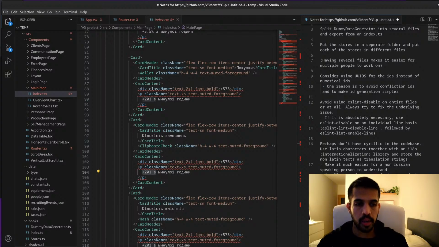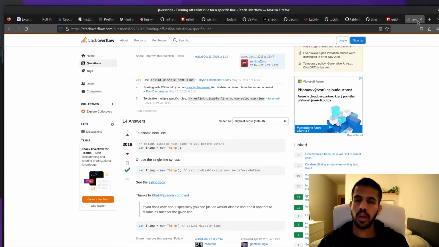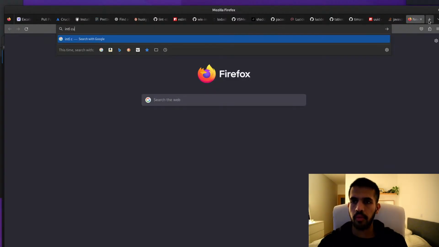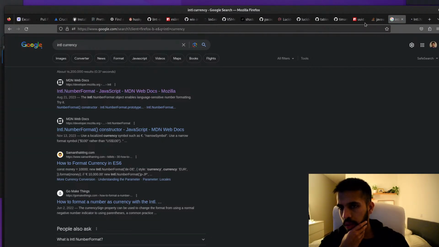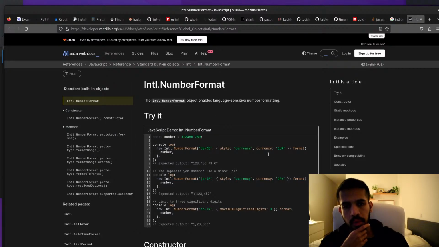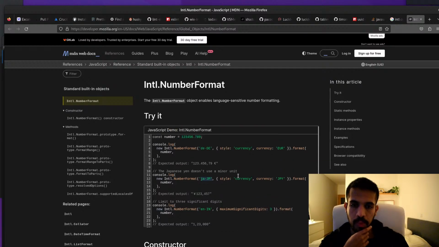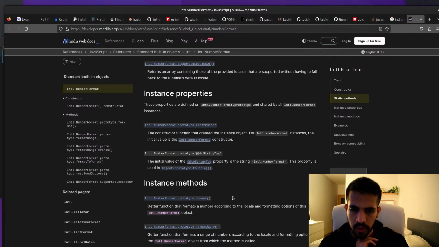With number and currency formatting, I think a lot of this is now actually built into the web. I'm not sure whether the Intl, the web itself, has native support for currency. So there's number formats, I think that's what you need basically. With number formats, you can print various things in different number formats, and you can have currency, and you can also have, I think, plain types of numbers.